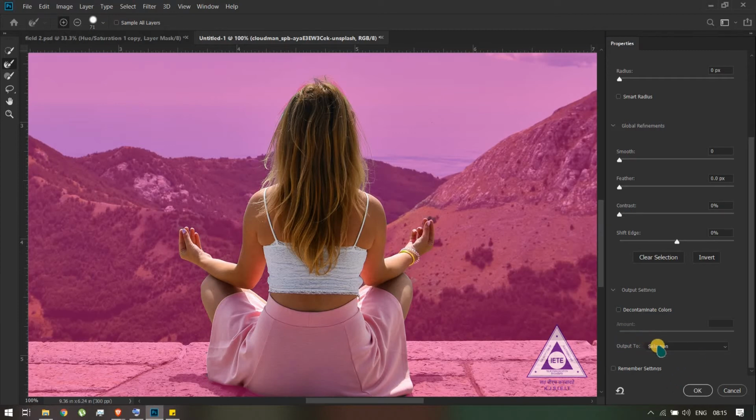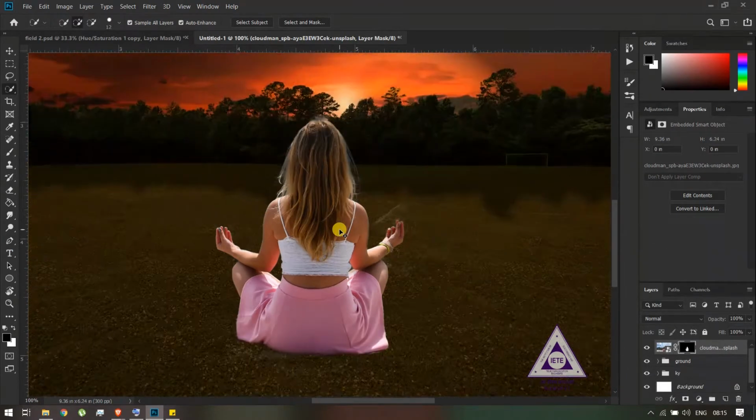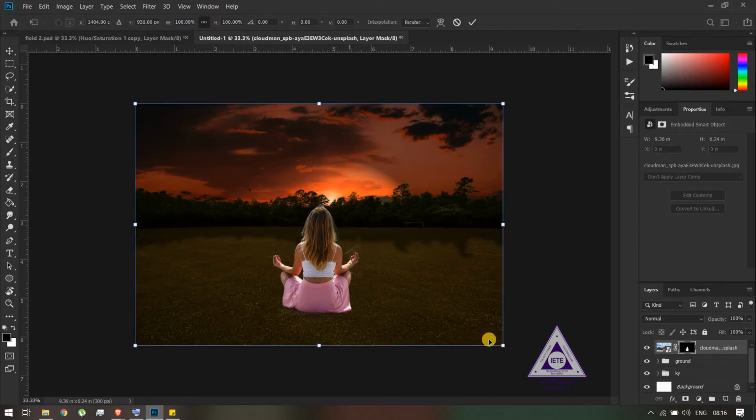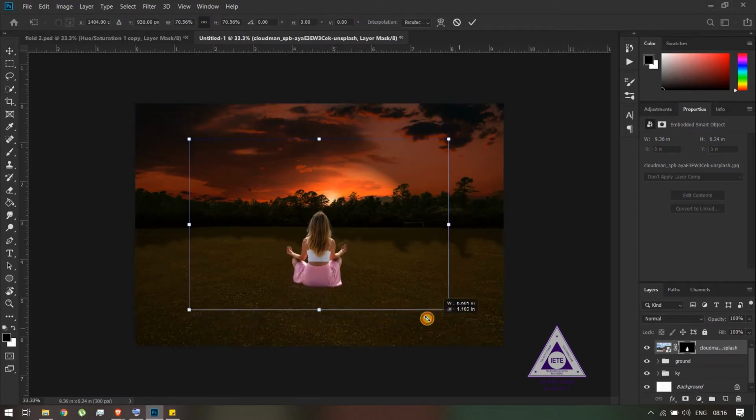So yeah, I have a pretty good selection. So I'll be going to Output and selecting Layer Mask and I'll click OK. So now I have the woman selected and now I'll be adjusting the image according to the whole illustration so it looks good.